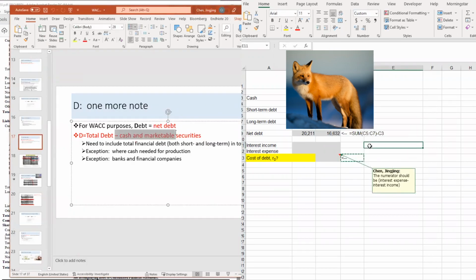The assumption that we have here is that we are not thinking of cash as an asset for operating purposes. So we're always going to assume that cash can be used to pay off all those debts. Therefore, holding cash is essentially increasing the firm's cost of capital. So here we are treating cash as a negative debt. So going back,